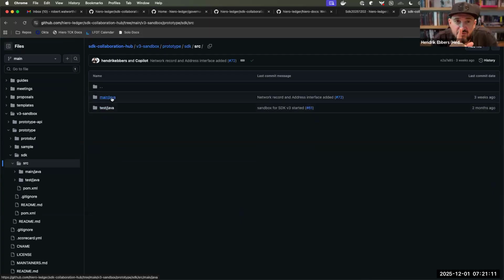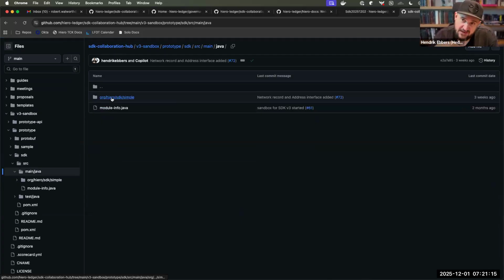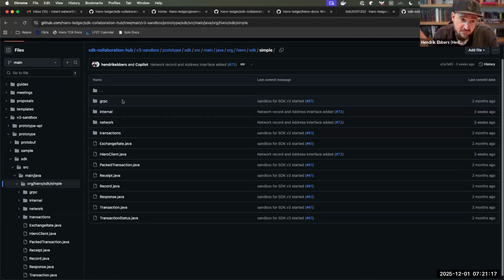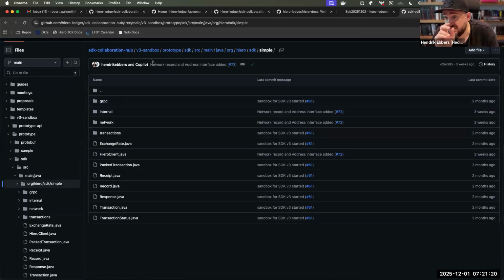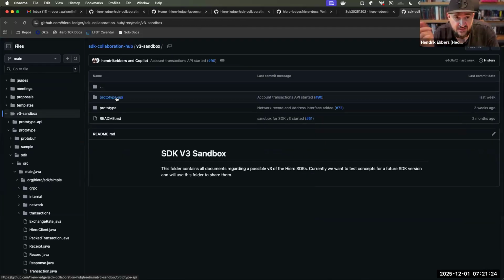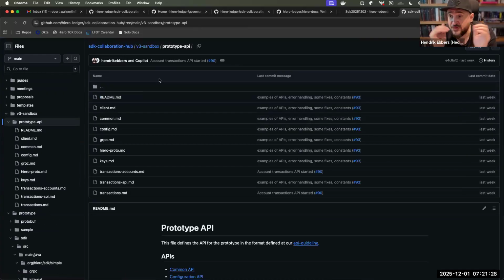I think it's important to say that what is under the V3 sandbox prototype is where I started, and based on the tests and things we did, the API documentation in that folder has been created, and it does not fit exactly anymore. Based on discussions, we changed things, and those changes are currently in the markdown files. So it's not that the Java code fits 100% to it.